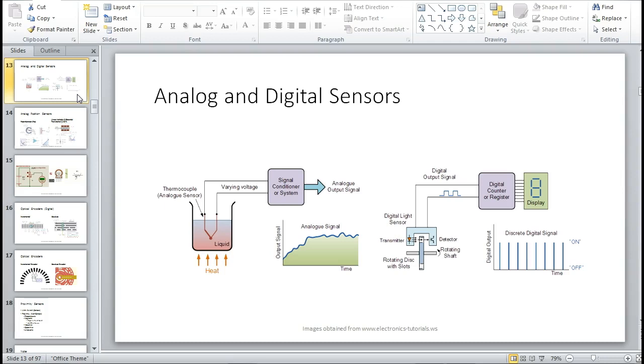So a pot is analog. It gives me a voltage depending on the position of a knob. That's analog. If I was good enough, I could get any voltage between the low voltage and the high voltage. That is analog. So analog varies. Digital doesn't. Digital is either what? For digital, we use highs and lows. We use true, false. We use yes, no, 0, 1. Those are digital.